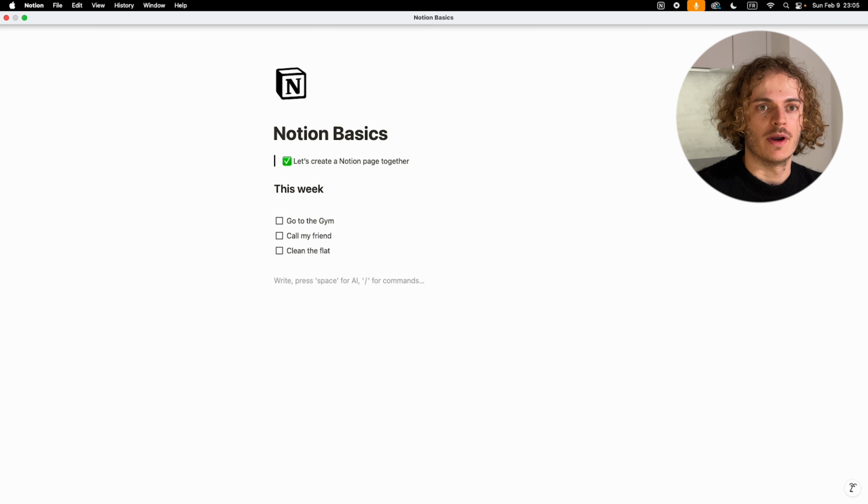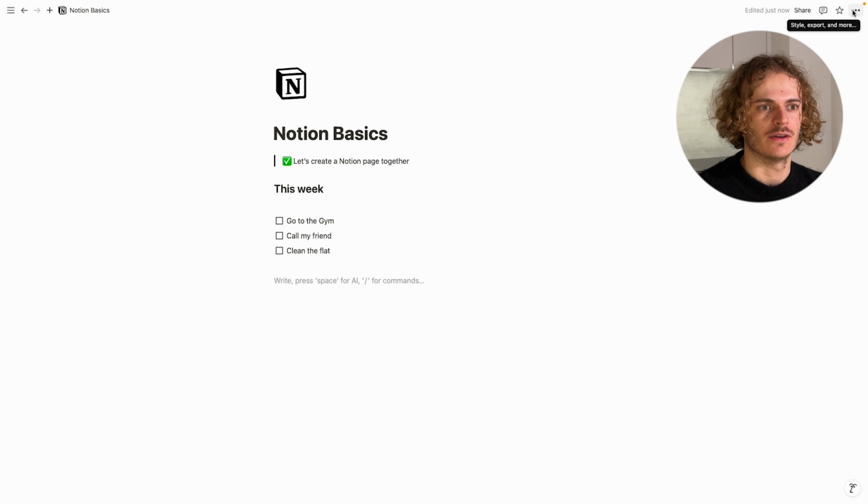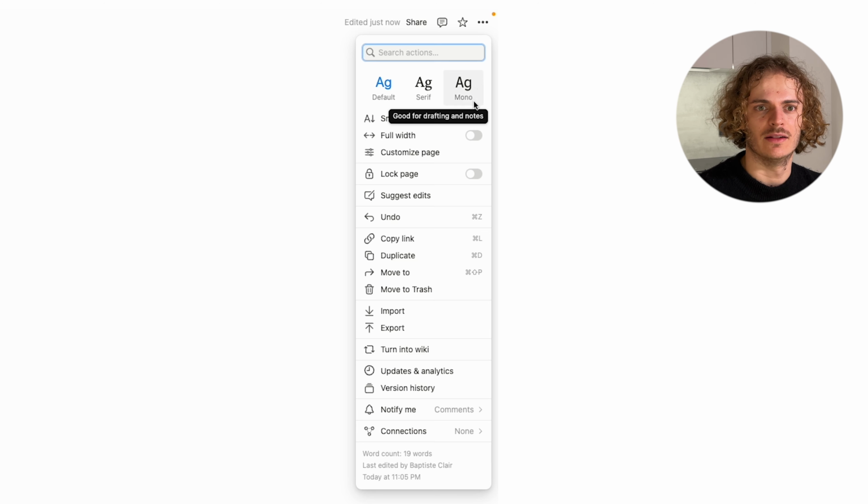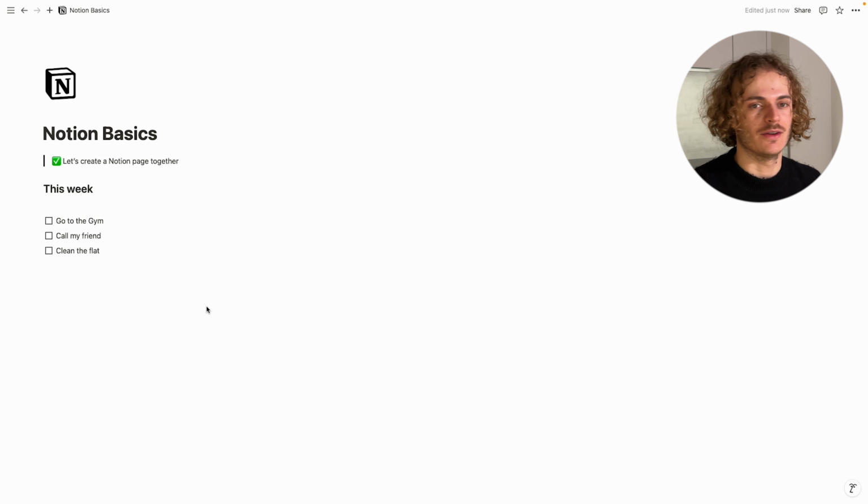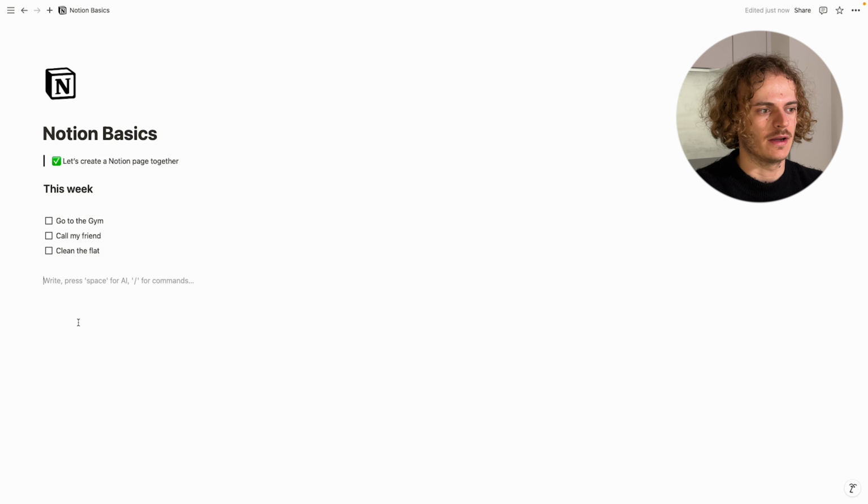Firstly, we are going to those 3 dots on the top right of my screen, and I want to put it full width. So we are going to create a more advanced to-do list. We had the most basic one, but we will want to do it with some databases. So I want to create 2 columns, one column where there will be a database with my tasks that I can check,